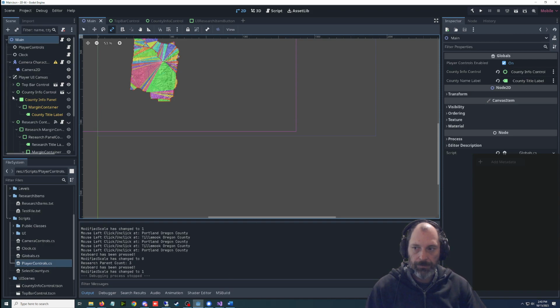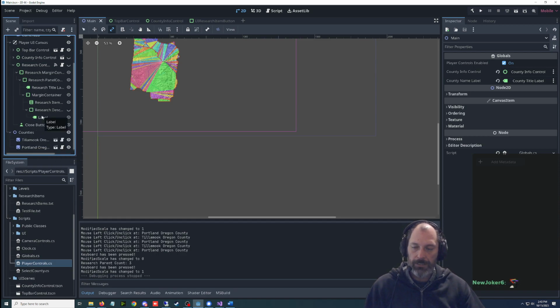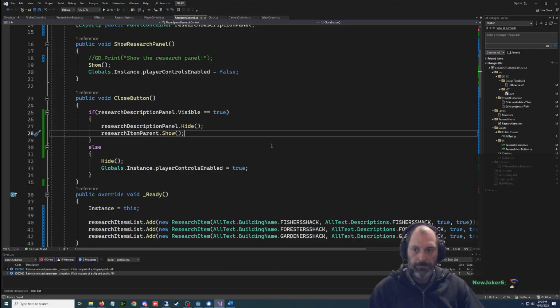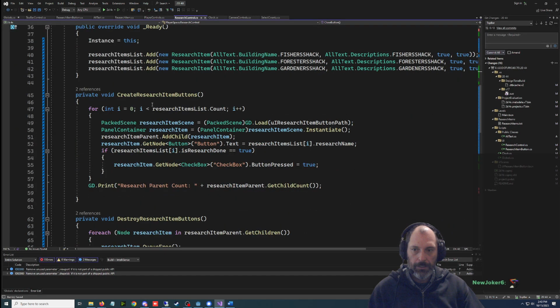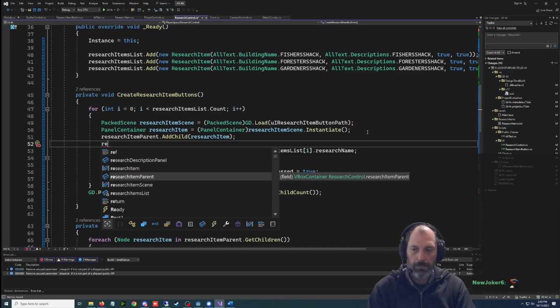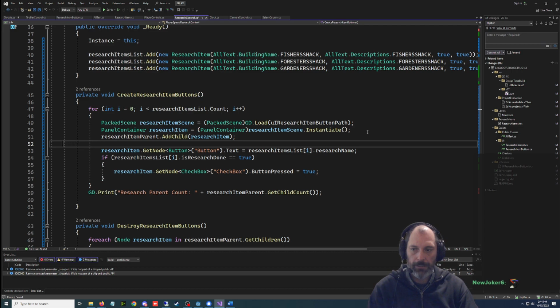Okay, so now we got to figure out how to do this. I think what we're gonna have to do is name the node here. We'll put it right here. Let's do it before we add it. Does it matter? Probably not. But we'll put it